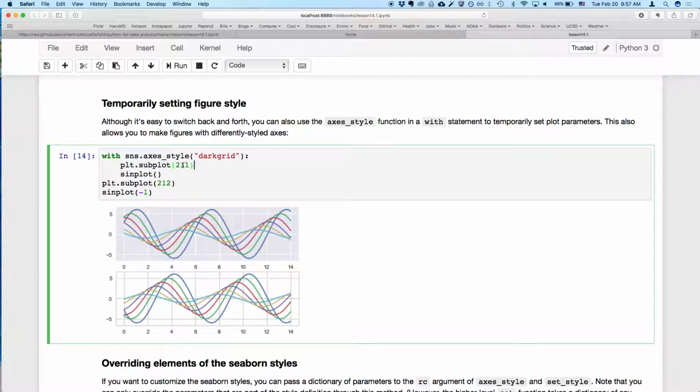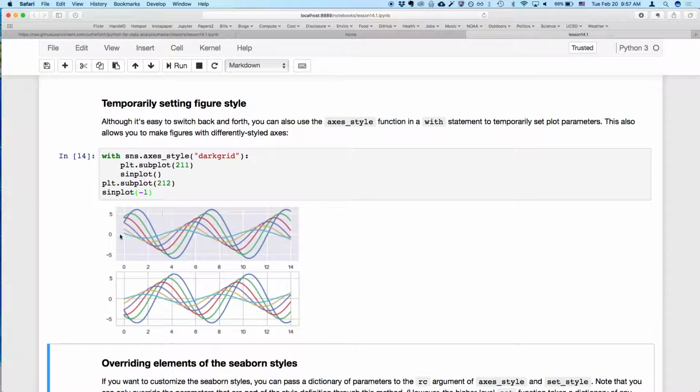Instead of having the commas here, we can just concatenate those digits, and so we can say it's going to be a 2x1 subplot, so 2 rows, 1 column, and then in position 1, we're going to have this first subplot, and then we're going to exit out of that with block, and now we're going to do a second subplot